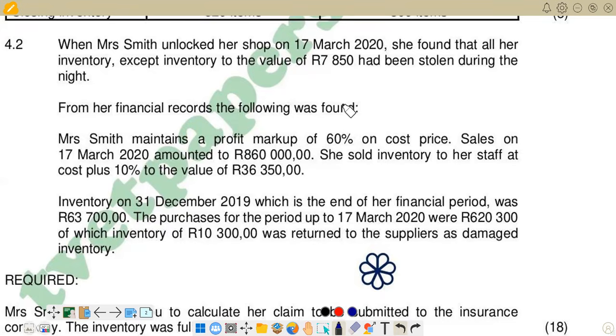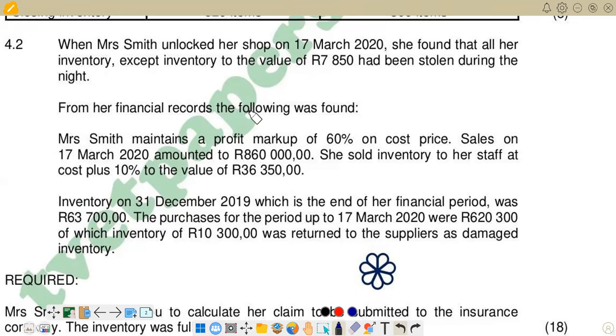Still working on a paper of June 2023. This is the recent paper that we have for Financial Accounting N5. This question is on the calculation of insurance claim. So we've got a question that we are given here that we want to go through before we answer the